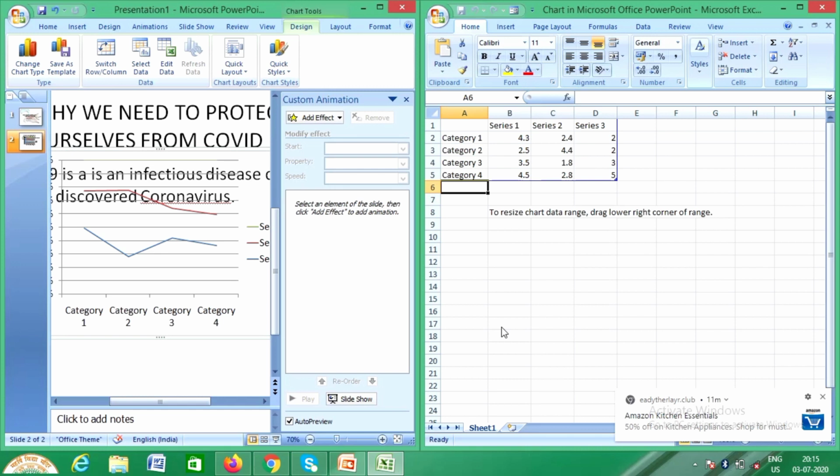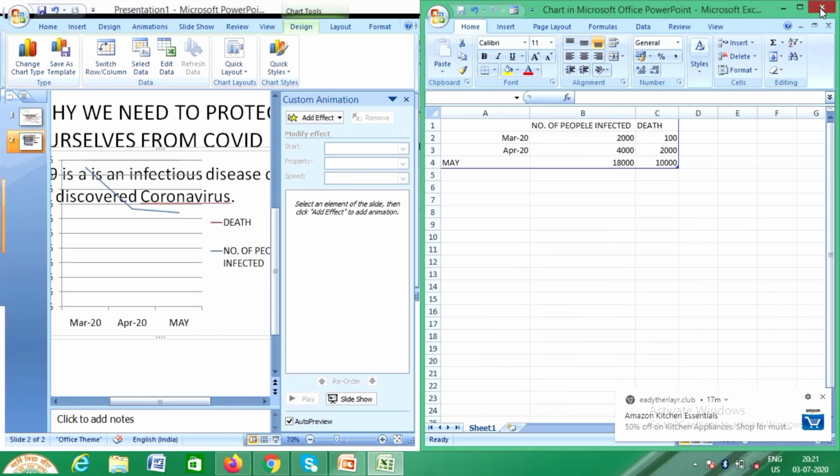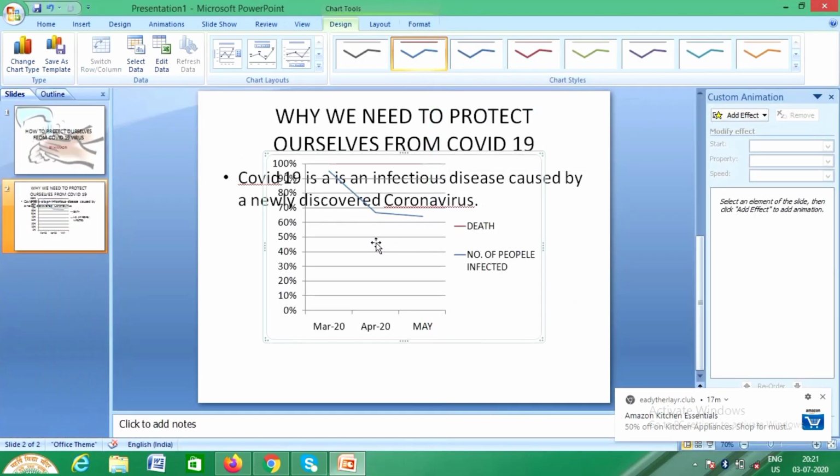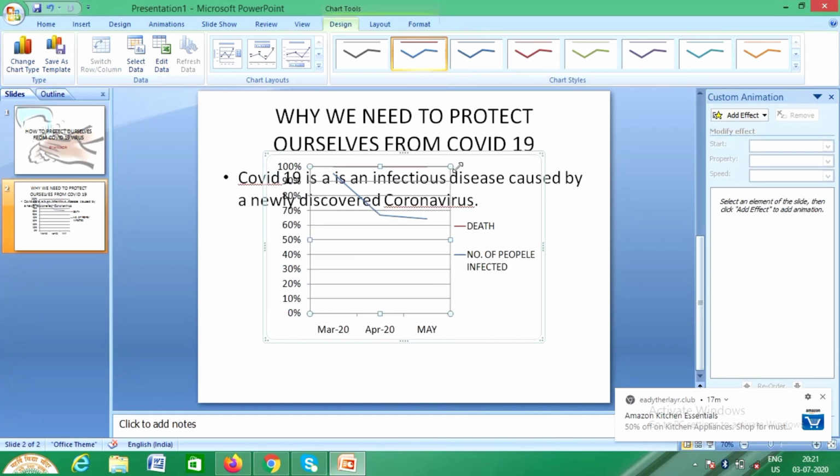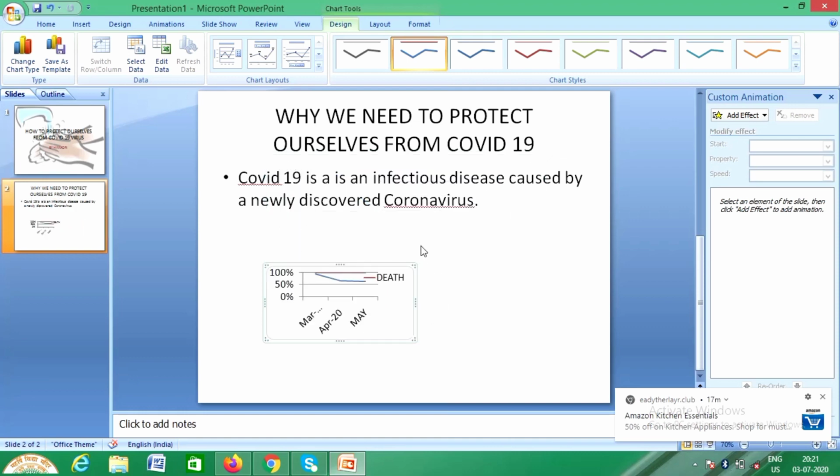will be there. So we need to write month-wise and all. So I'll be writing here, you just see. You can see here in the Excel sheet I have just changed the data, and then after closing that you will get this chart. So you can just bring it down, you can make it small according to your wish.